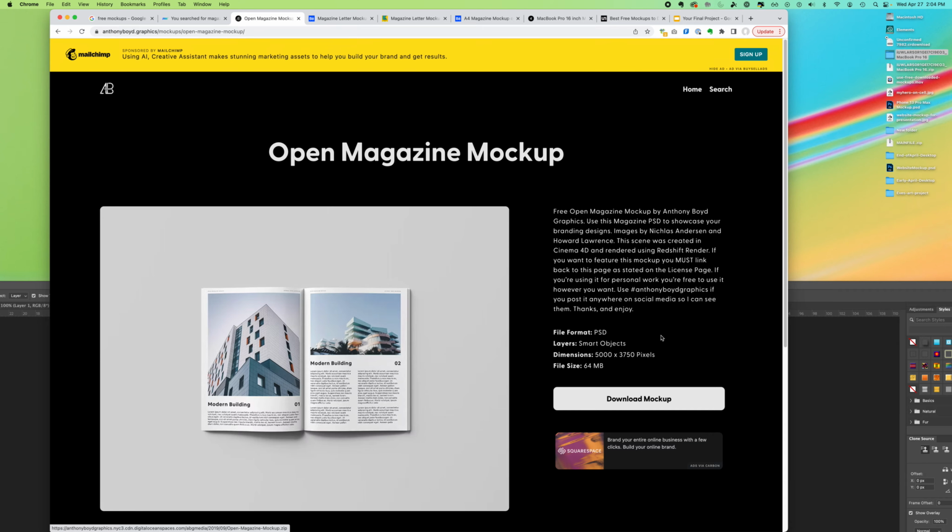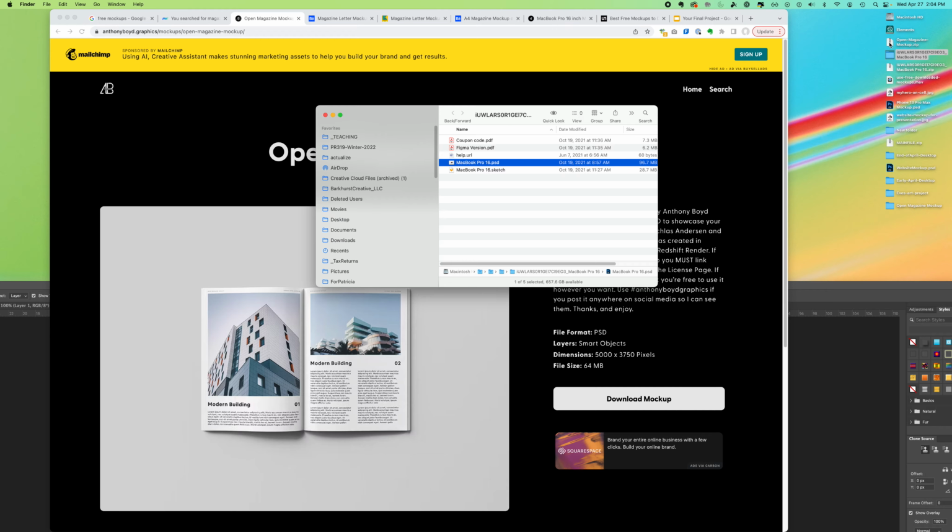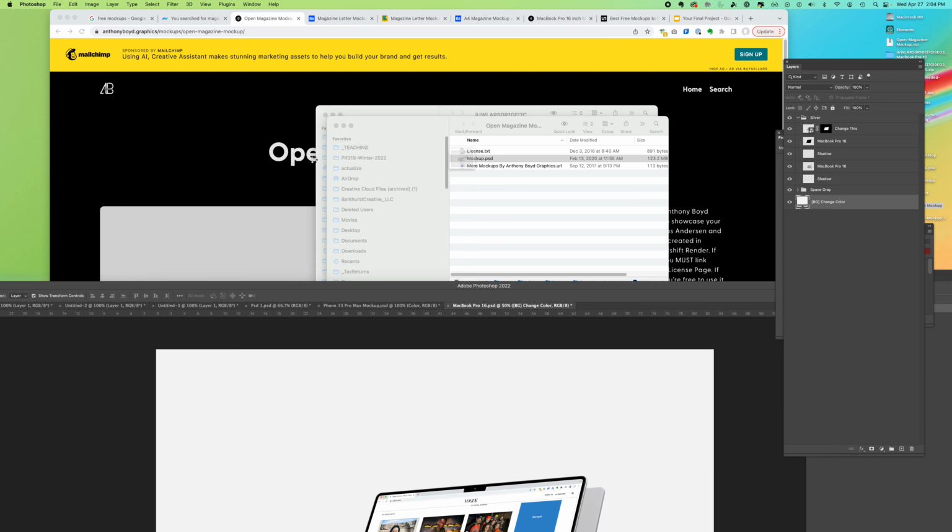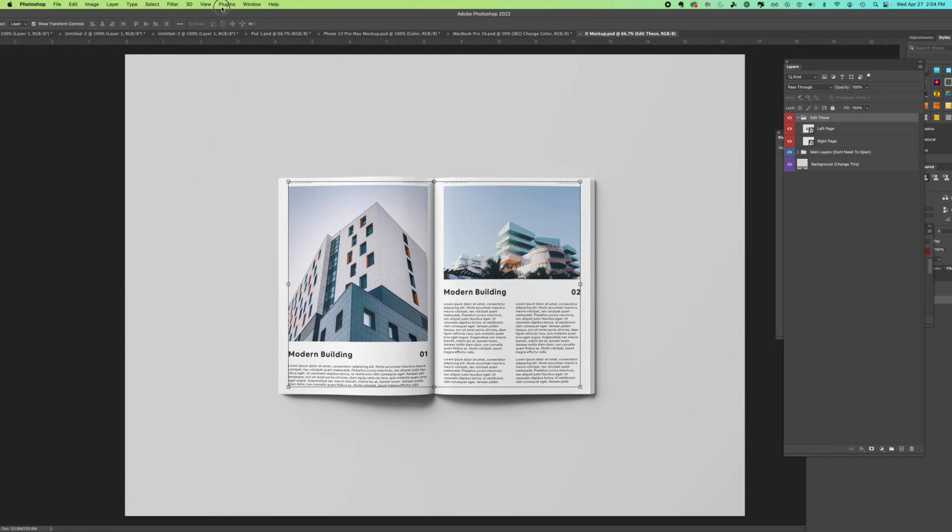I'm going to download the mockup. Oh, here we go. Open magazine mockup. It's a PSD. All right. This page looks big, I think. Okay, so this one,